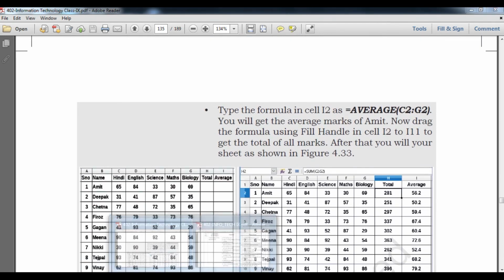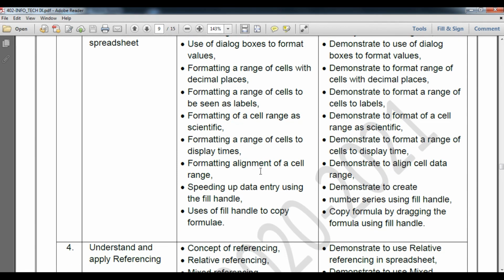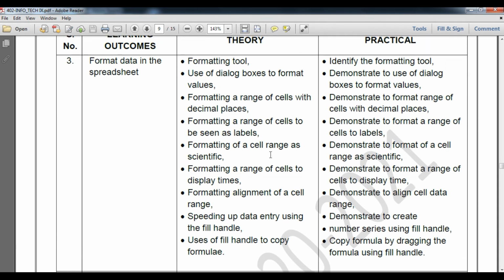Okay, student, so today we have covered the topics of the day, including the use of the fill handle and copying formulas also.